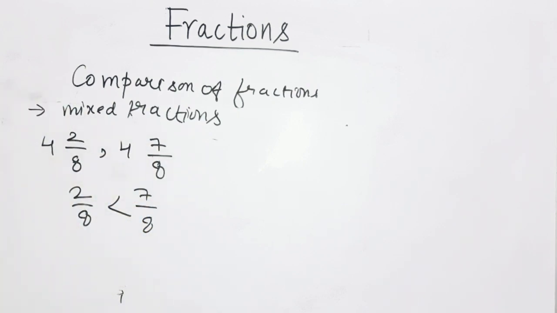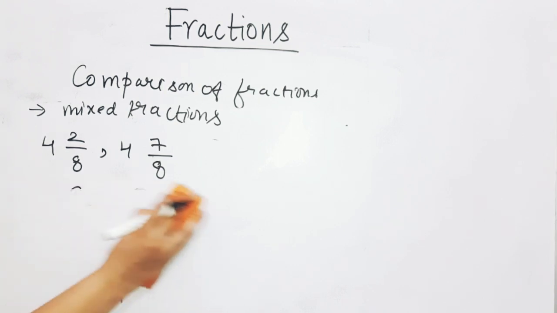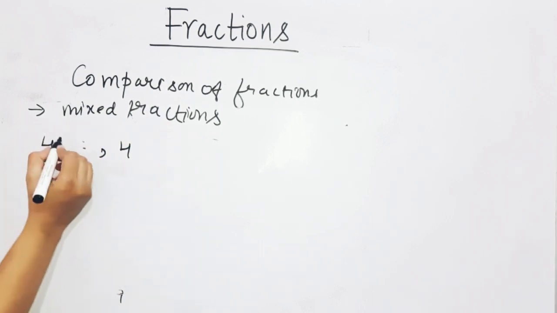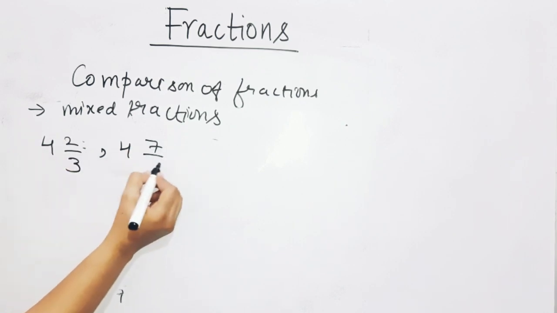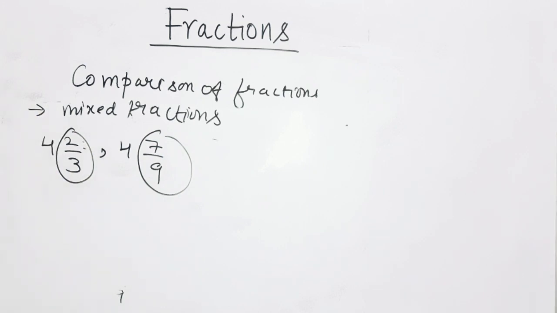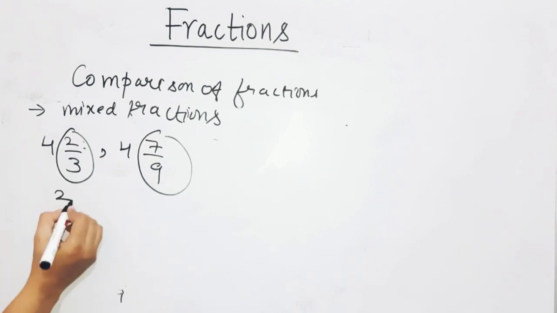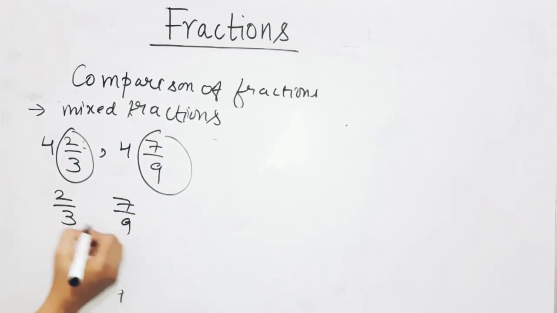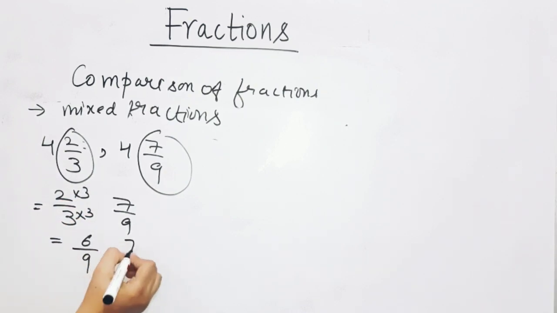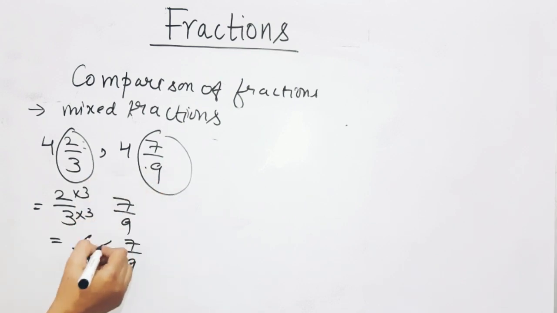But if the denominators and the numerators will be different, then how will you compare? The same method is going to be followed, which I have explained to you earlier also. 2 upon 3, 7 upon 9. So you are going to compare 2 upon 3 and 7 upon 9, right? After that comparison, whatever you are going to get, let me compare it for you. So 2 upon 3 and 7 upon 9. The LCM of 3 and 9 is 9. So it will be 6 upon 9 and this is 7 upon 9. So obviously this is greater. So this fraction will be greater.